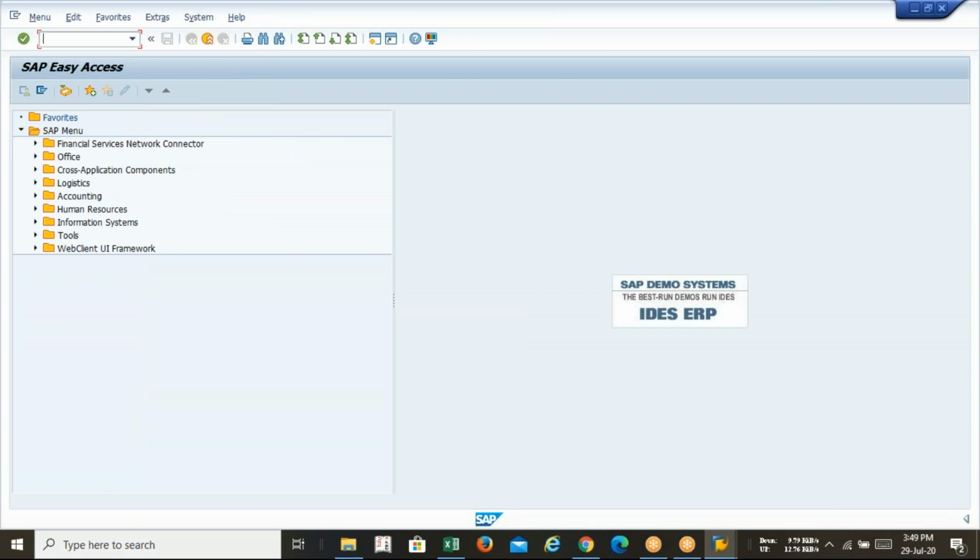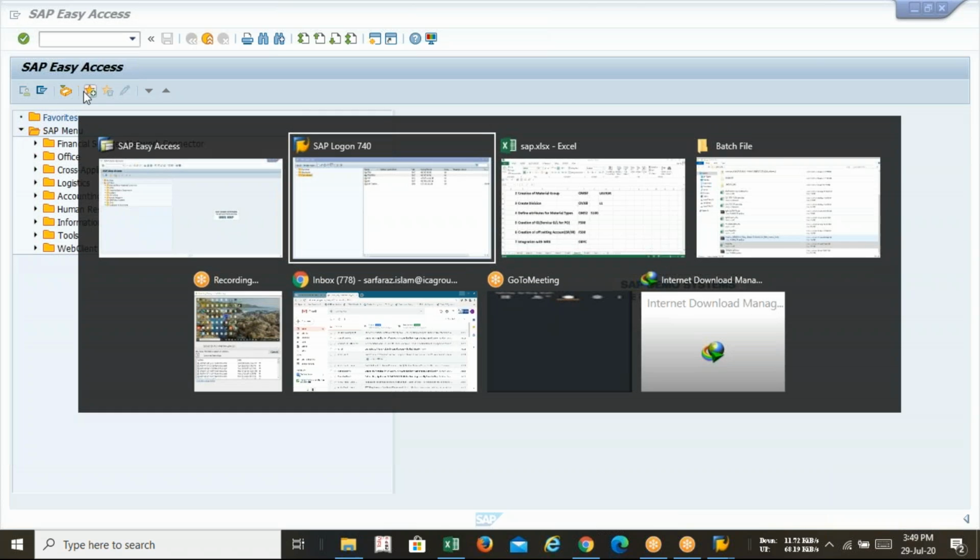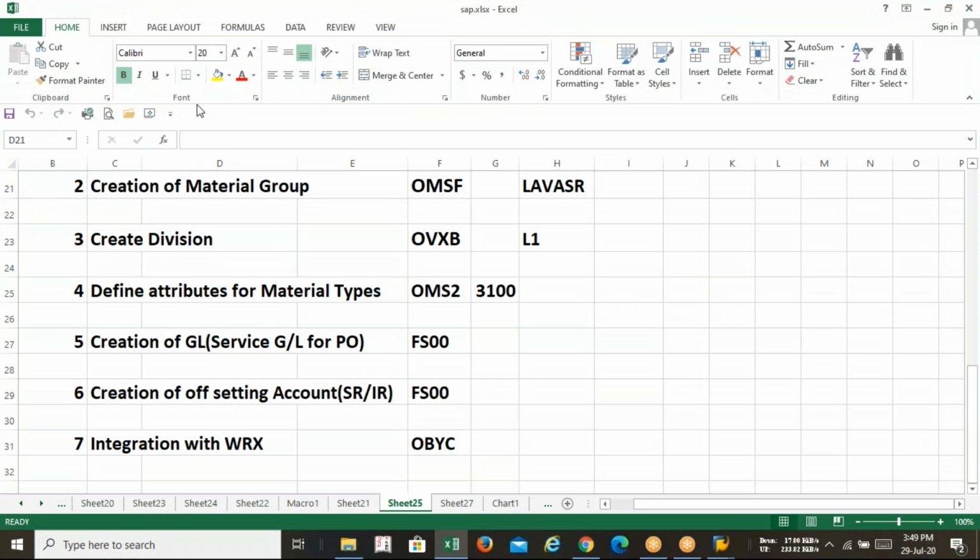After finishing this and removing this error, your company code is now absolutely ready to accept all levels of entry with PO, for goods and also for service. So now let me check whether the service entry is accepted in my company code LAVA. Last class I told you that at the time of creation of service you have to follow this. I think I have created it and done the assign also.